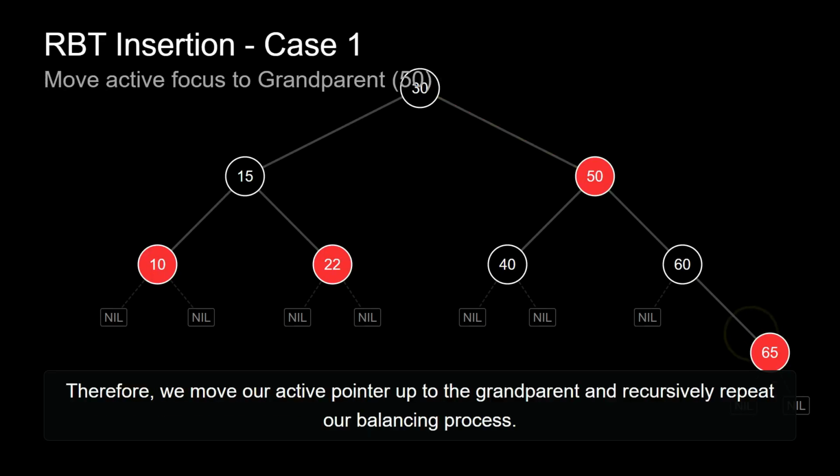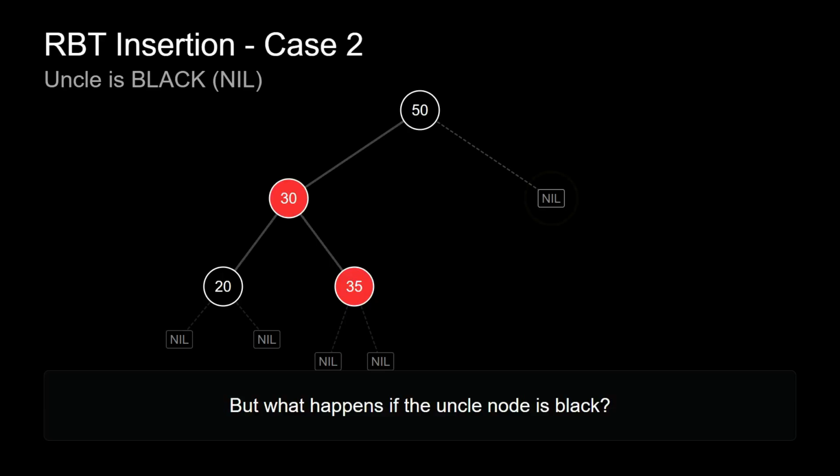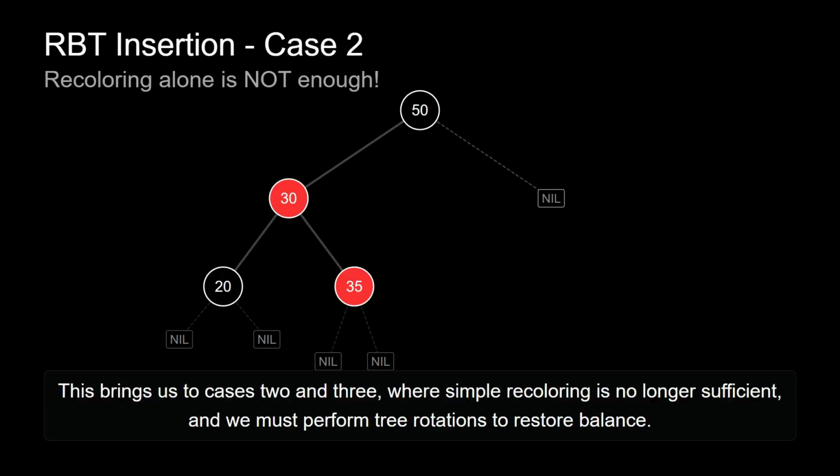Therefore, we move our active pointer up to the grandparent and recursively repeat our balancing process. But what happens if the uncle node is black? This brings us to cases 2 and 3, where simple recoloring is no longer sufficient, and we must perform tree